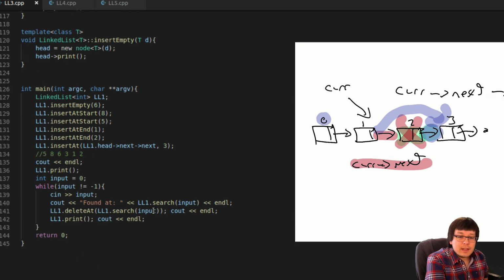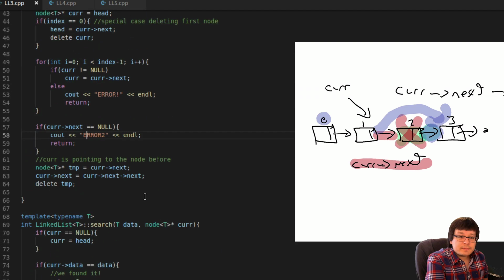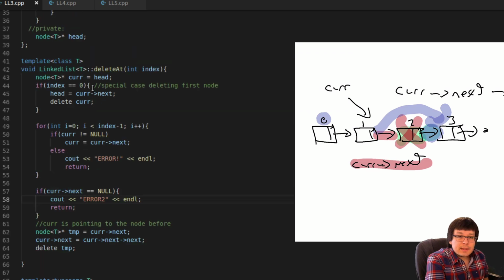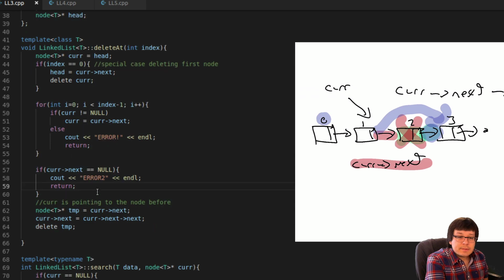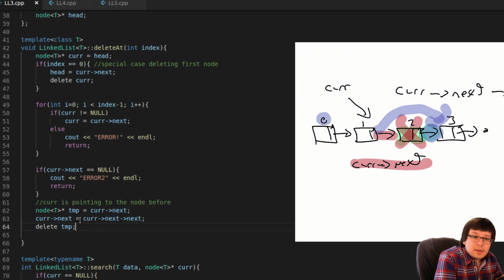We are passing in the index. Yes, we are. And then if index is equal to 0, cur. If cur next is equal to null, error. Temp gets cur next. And then cur next gets cur next next. Then delete temp. I don't know.